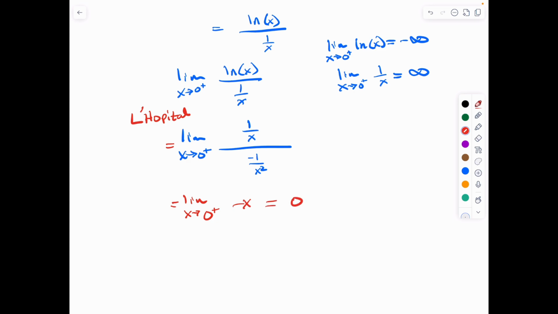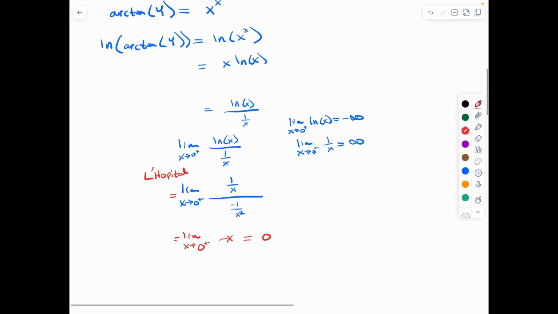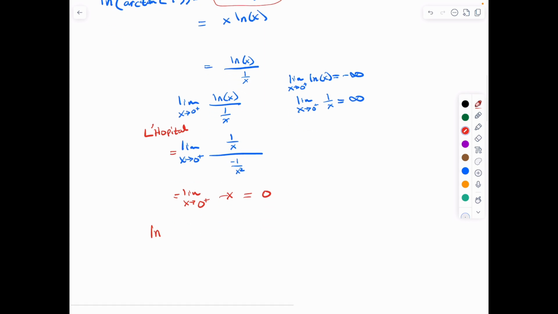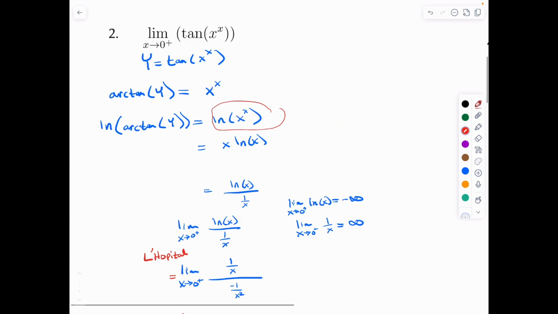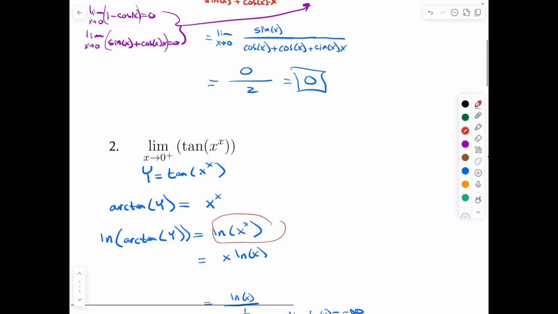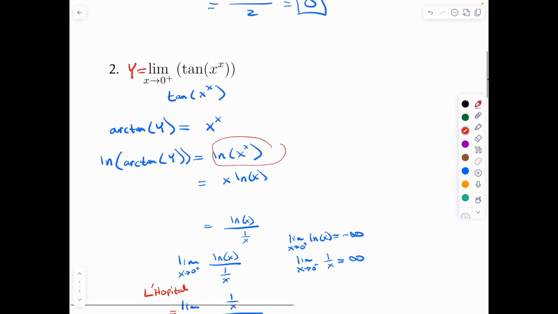Now I have to work my way back. So let's see, what did we just do? We just found out that this was 0. So the natural log of the arctan of y is equal to 0. I got to figure out what y is. Technically, I should have made y equal to the original instead of that. But anyway,